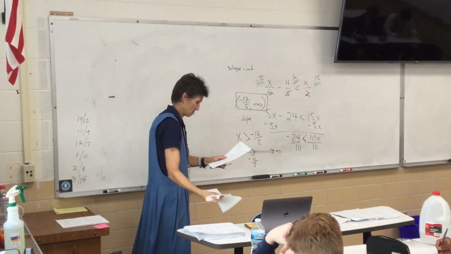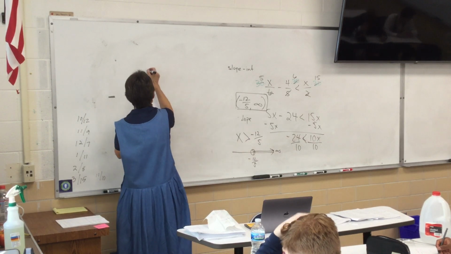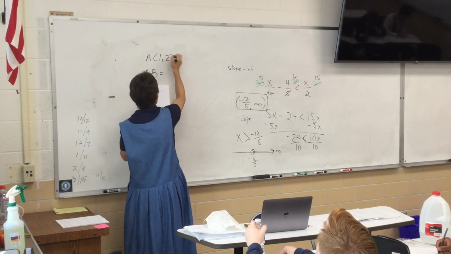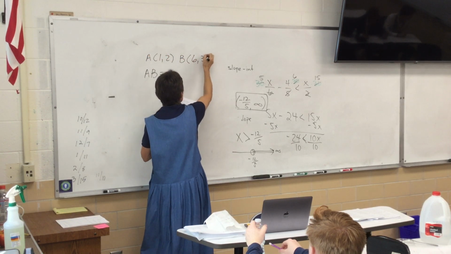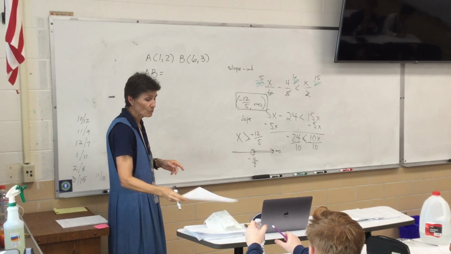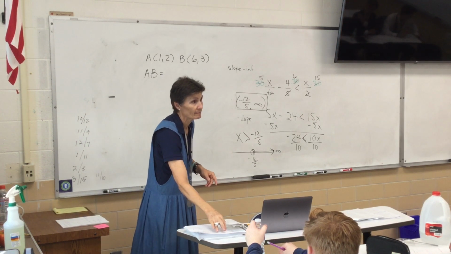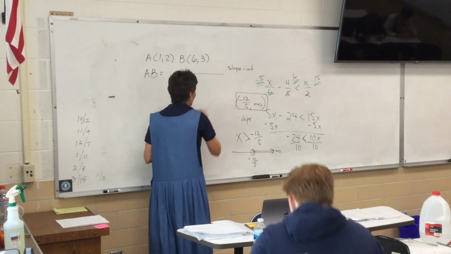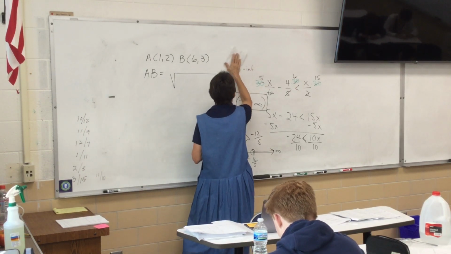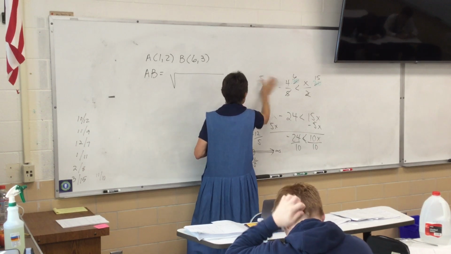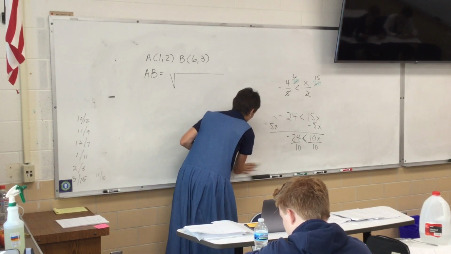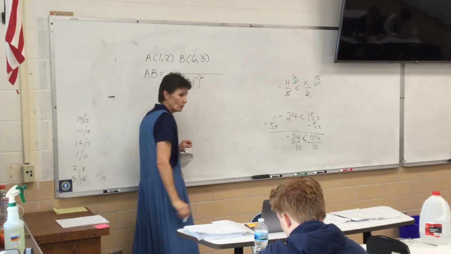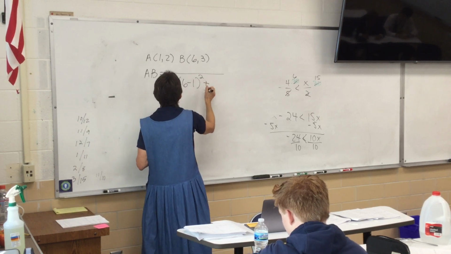All right, next. What does this mean? What am I talking about when they say find that? The distance. And how do we find distance on the number line? Distance formula, which is our big radical, right? And what goes underneath, we have to have this memorized. Not the letters, just what numbers am I going to put underneath here? 6 minus 1 squared, very good. Plus